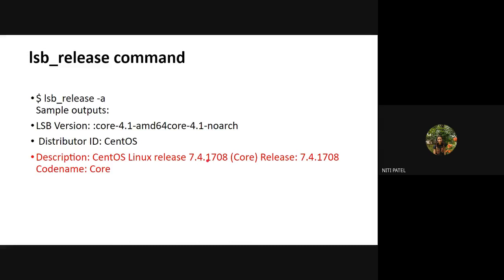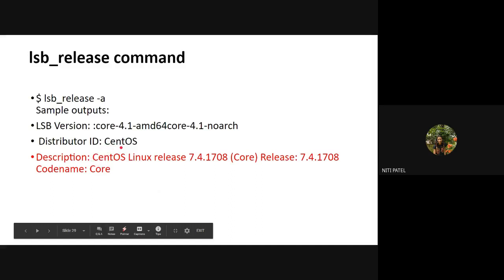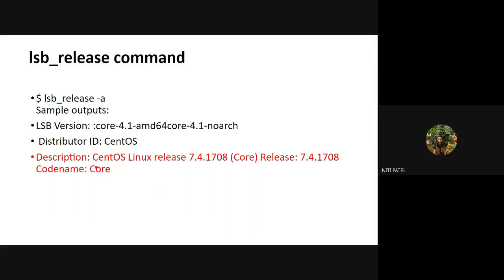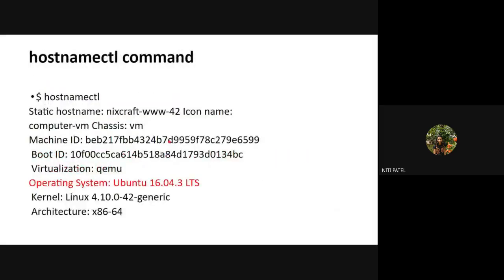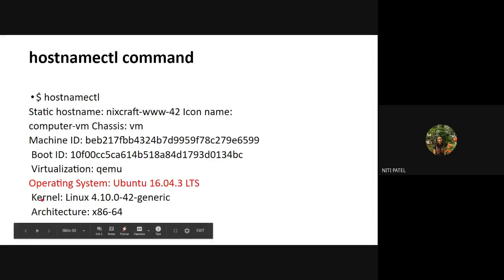So you have Red Hat, you have Kali, you have Ubuntu, you have Debian, and you have CentOS also. Whichever you install, the name will appear over here if you use any of the commands. If you use the cat command and you have CentOS installed, the output will be CentOS 7.2. This is the third command to know the version number: hostnamectl. When I write the command hostnamectl and press enter, you will get this as an output, out of which what I want is to know the operating system.